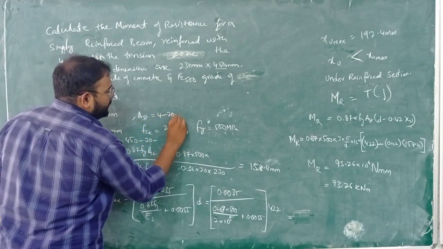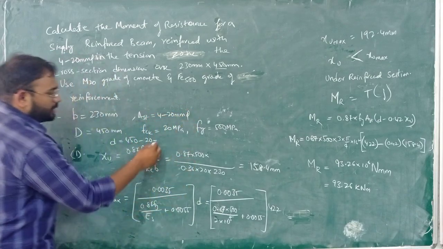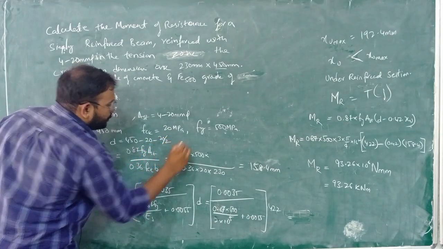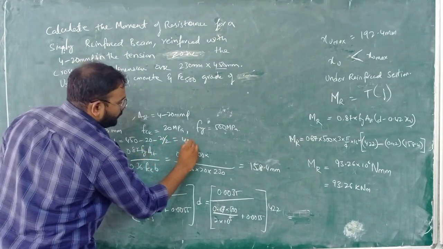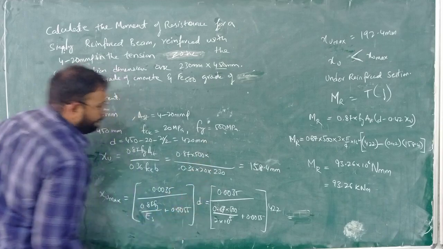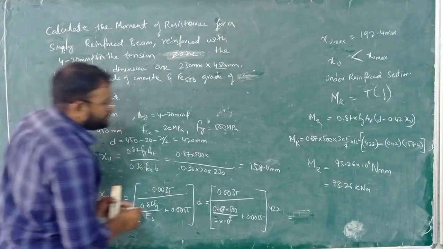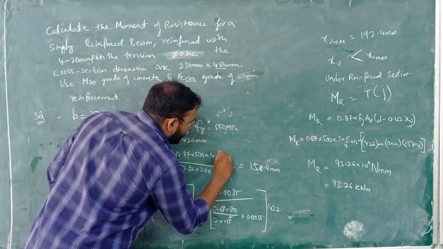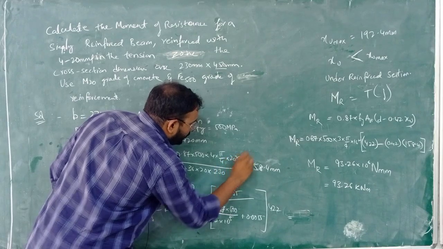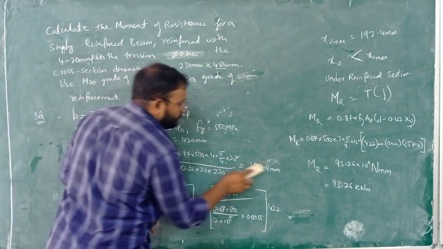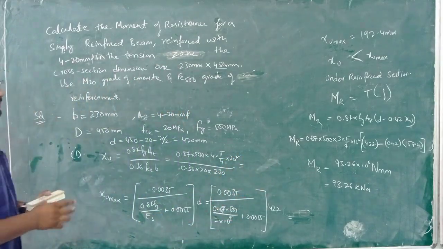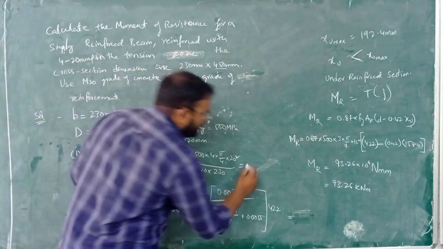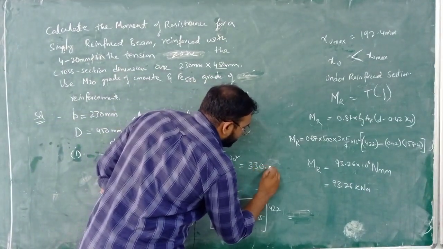Same cross section, I am providing different reinforcement bars. Now I am providing 4 bars of 20 mm diameter. I am providing more reinforcement so that it should be over reinforced. Now what do you say? Providing same cross section, more reinforcement will increase the moment. That is what you are saying, right? Now we'll check whether it satisfies or not.